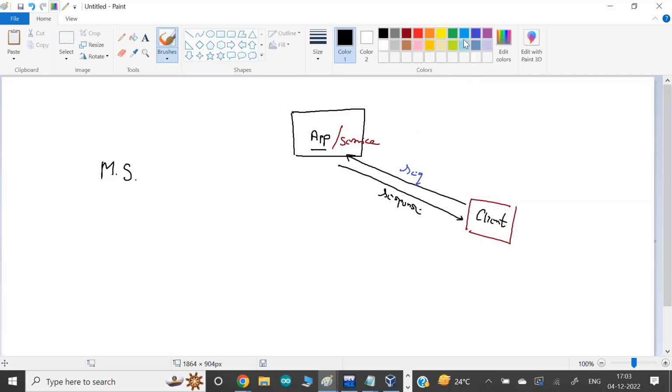Okay, but in the real world, mostly the way we communicate with this app, we use a protocol called the HTTP protocol. HTTP is a very standard protocol, almost everyone supports it. Every client browser supports it, every client program supports it. So in the real world, we mostly use HTTP. When I say HTTP, I mean HTTPS also, but both are the same. The only difference is encryption.